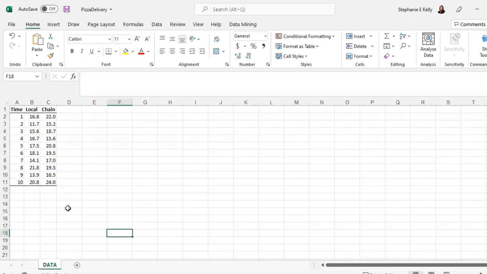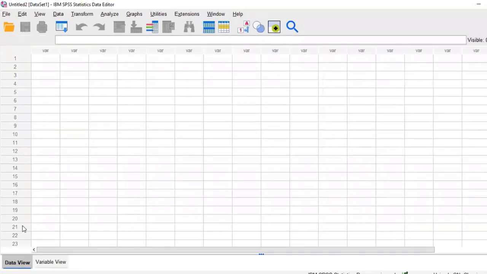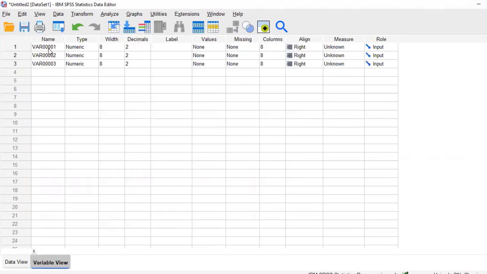The first thing I'm going to do to move my data into SPSS is copy the numbers. Then I'm going to open SPSS, toggle over to the data view, and paste the data. Now we have the exact same three columns of data, except we have no headers. To insert our headers, we have to go back to the variable view. Our headers were time,